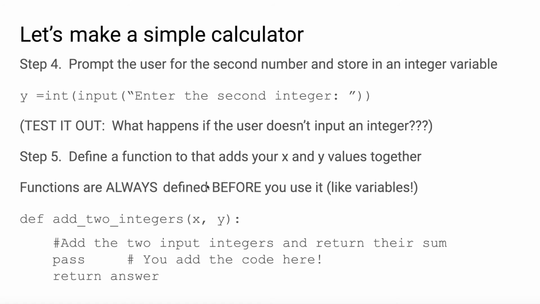And I have two parameters that I'm passing in, an x and a y. And I have my comment here. Add the two input integers and return their sum. Now,